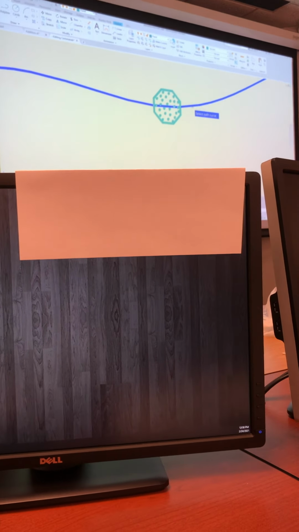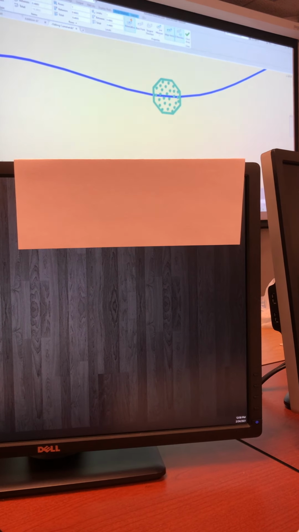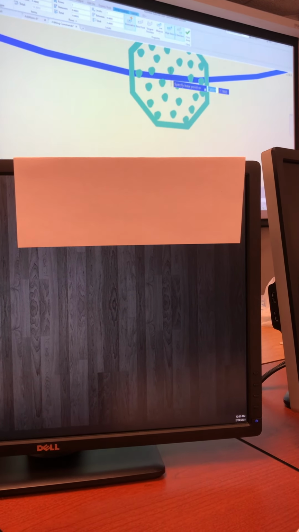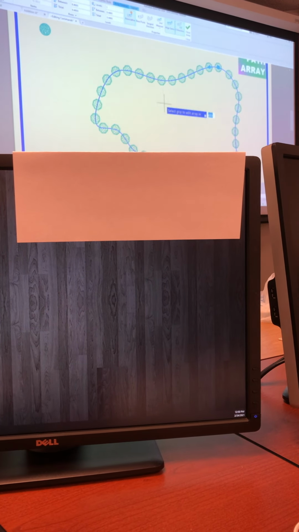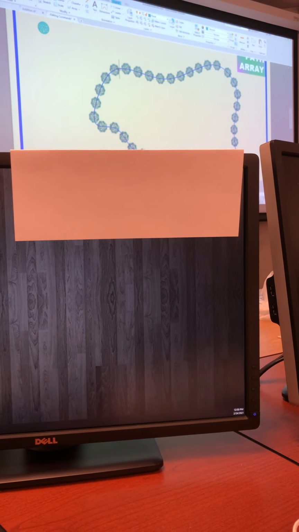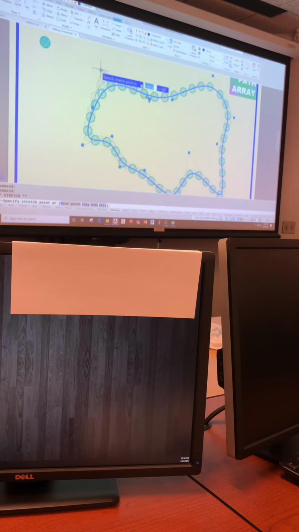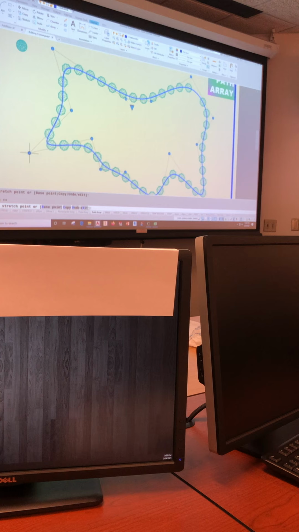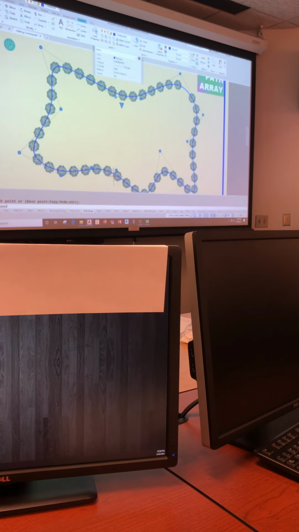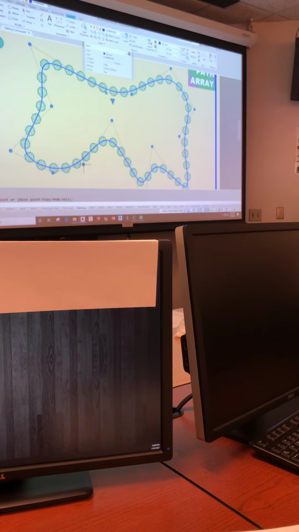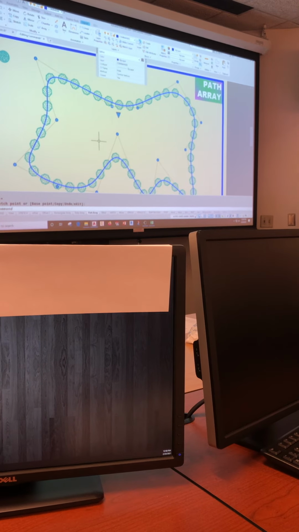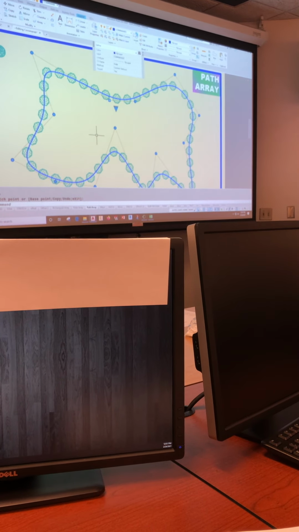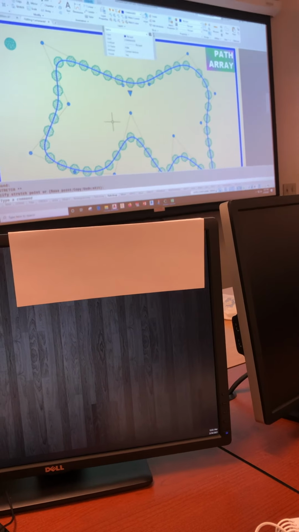All right, select path. And then base point. There we go, I just picked somewhere on that spline. There we go. Now this is the cool thing about this. If you click on that spline and change it, it will automatically add stepping stones to the path. And you can do this with any of the arrays, not just path,